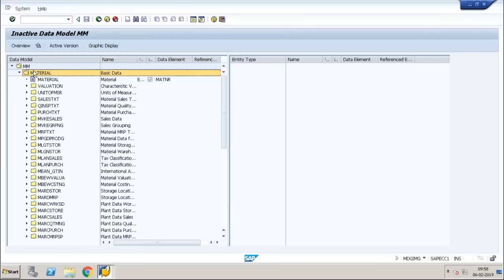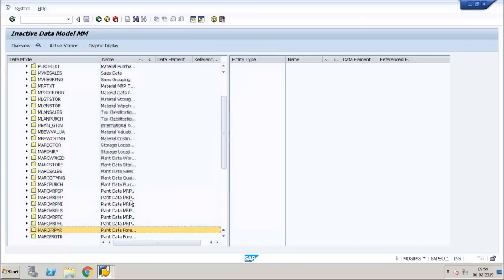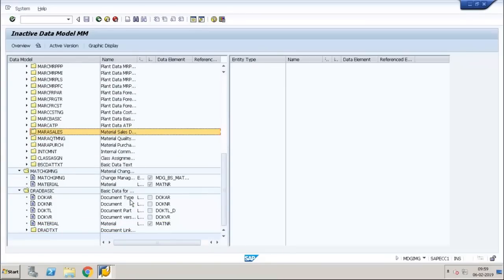I have material as an entity, and this is material storage location. So this is Marty. Yeah. This is material